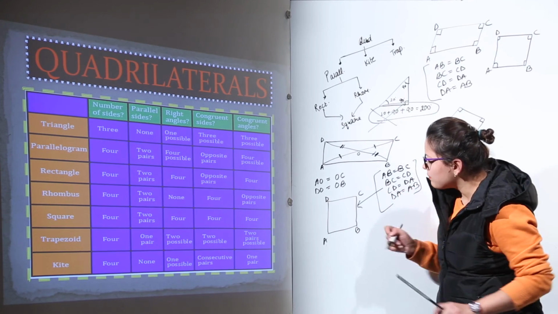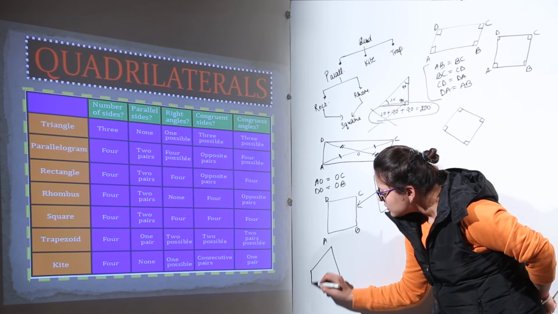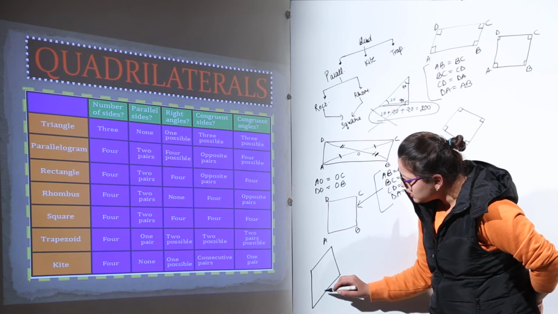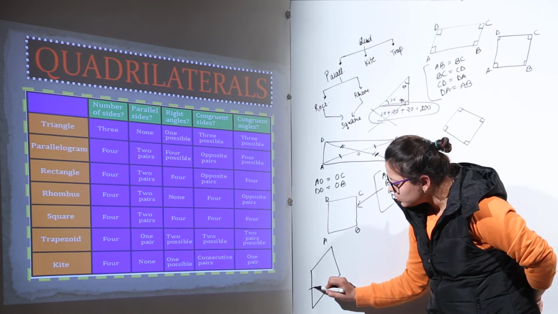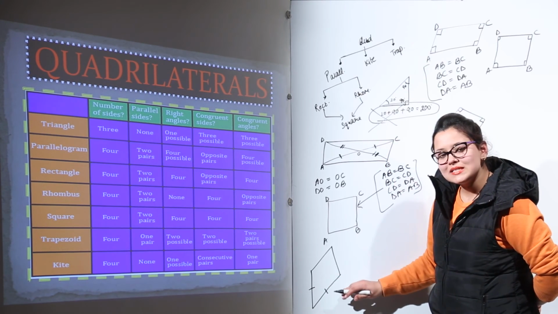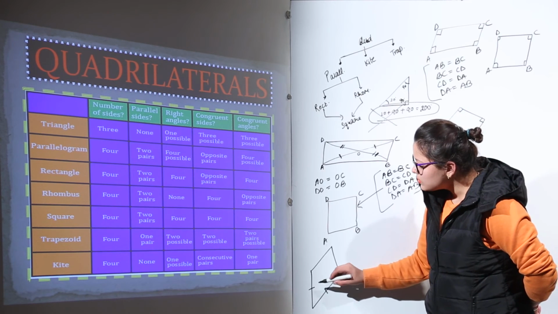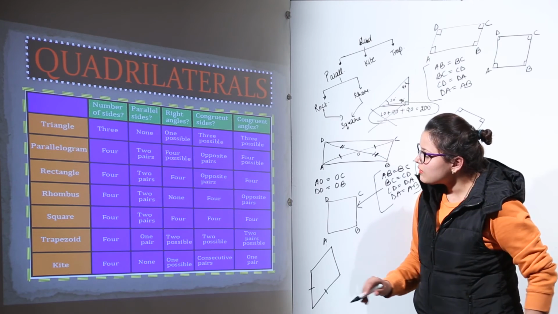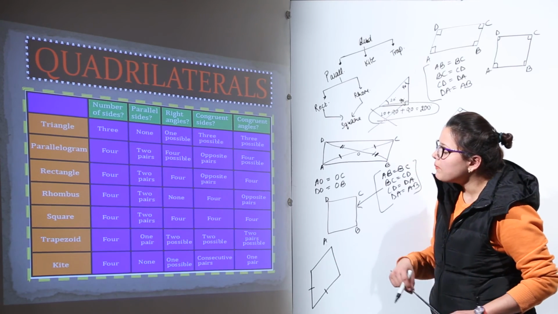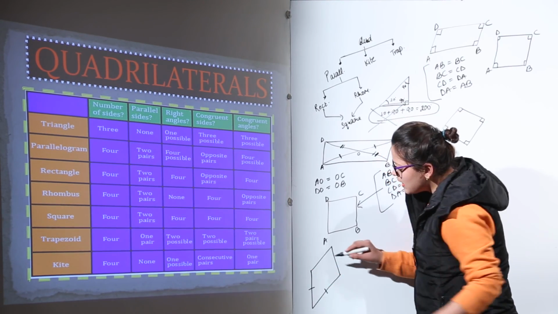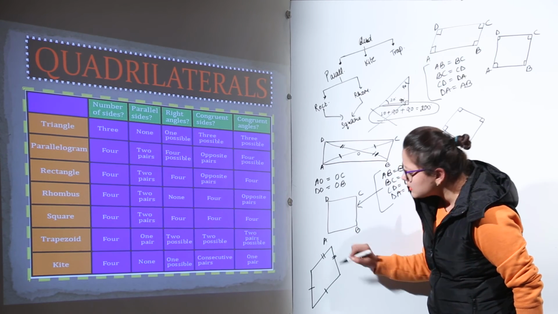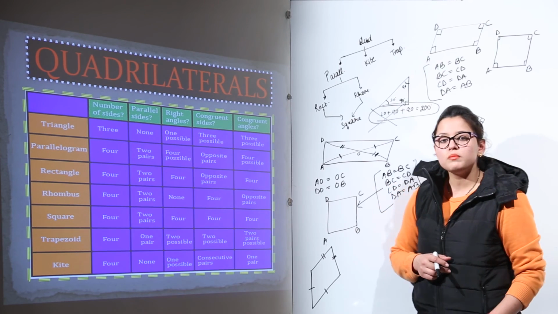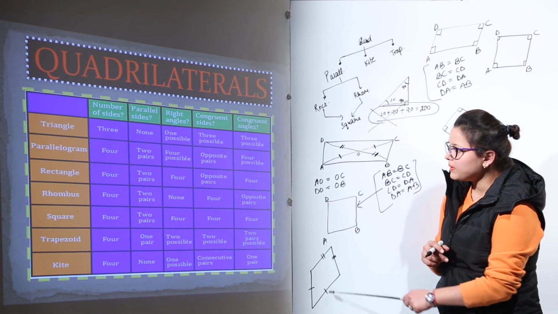As we have done the example of kite earlier, that was this shape. In this possibility, only consecutive sides can be equal. That means this side can be congruent to only this side. Only adjacent sides can be congruent. Also you can check this is not going to be congruent to this one. That means we have mentioned it here specifically about the consecutive pairs. We have made the consecutive pairs in kite earlier. Only the consecutive pairs can be congruent. You cannot make the other two as the congruent pairs ever.